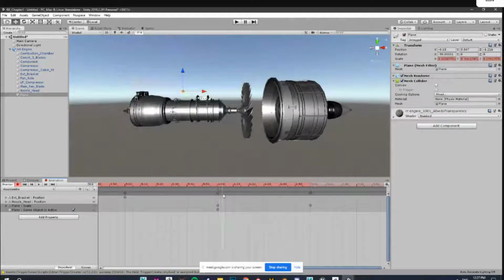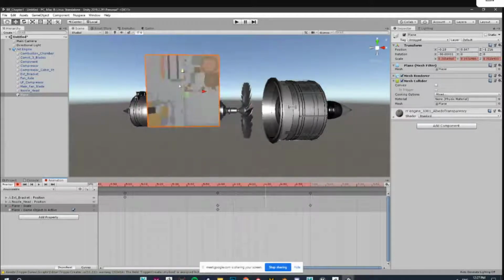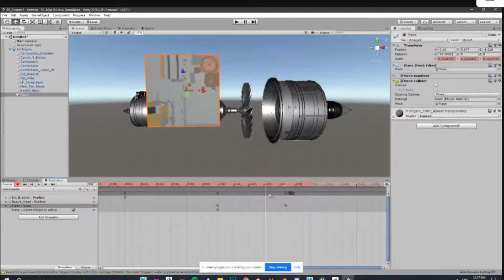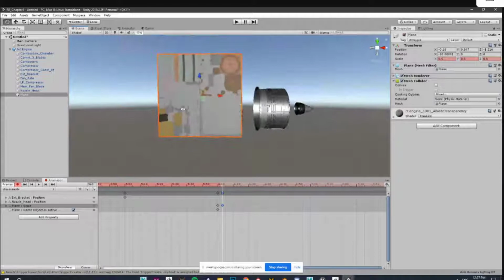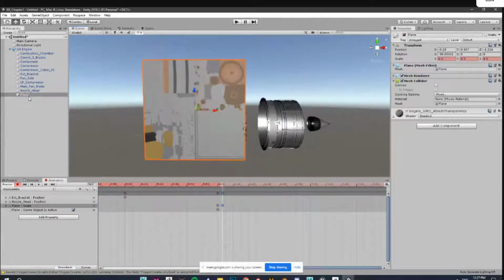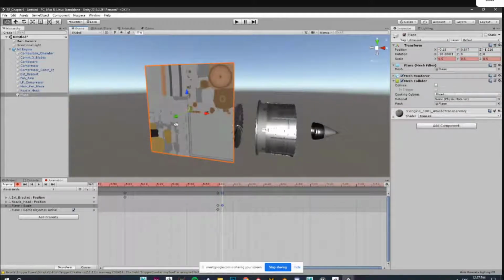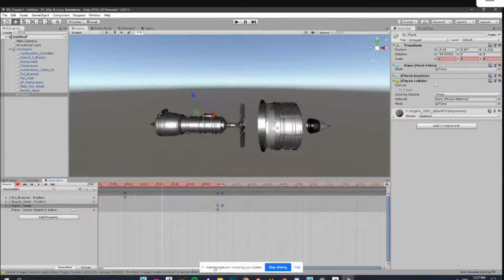Whether you want it to come in just a single click, you can use active and inactive, or you can use this one. If you change the pivot point in the animation, it will have different effects. So let's say on the third click, this particular pop-up will come. So we have animation for that as well.